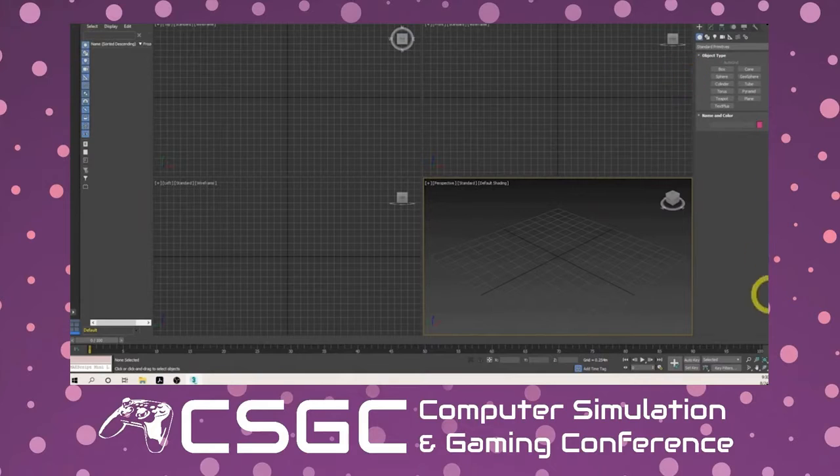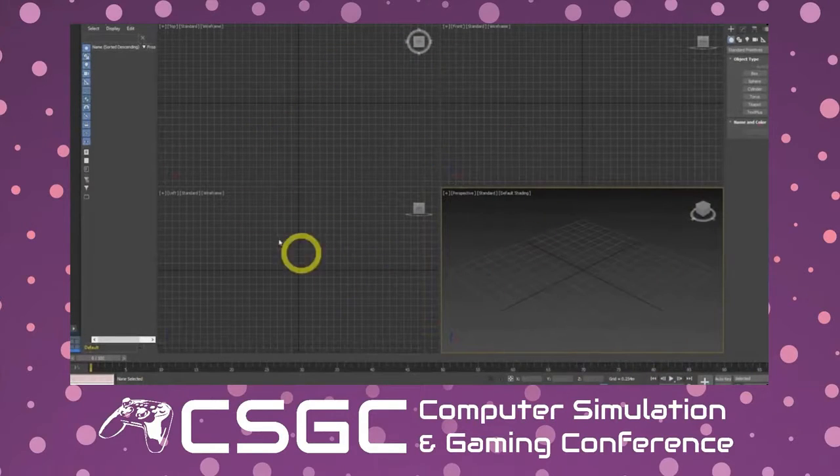You also have the command panel over on the right side of the screen where you have multiple tabs. You have your main Create tab, a Modify tab, Hierarchy tab, Motion tab, Display tab, and Utilities tab. And for the most part, you'll be working in the Create and the Modify tab. Down at the very bottom of the screen is your time and navigation tools. The bulk of 3ds Max are in these windows here. This is what is known as your viewport. And once we have a scene in here, it's going to make a lot more sense at what we're looking at.